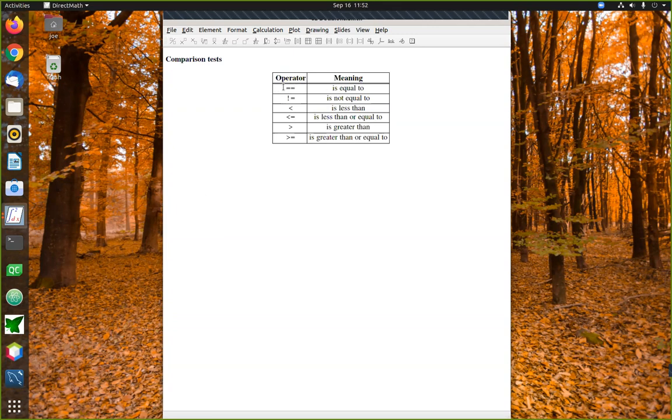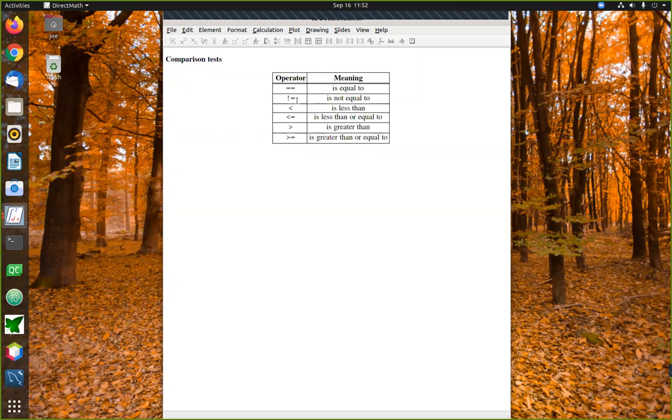The first of these that you write by typing a pair of equal signs is the question that basically asks, are these two values the same? And that's used to compare the values of two variables and simply ask, do these two variables have exactly the same value? A variant on that is the not equal operation. For that, we use a combination of an exclamation point and an equal sign.